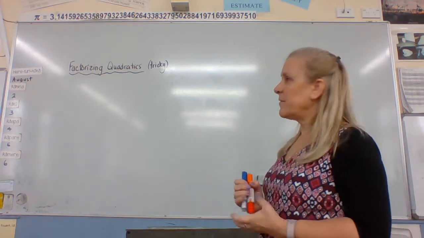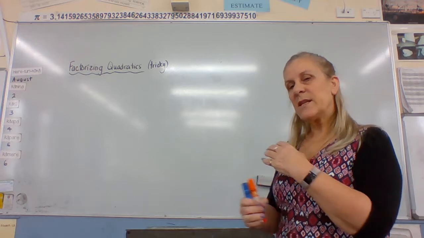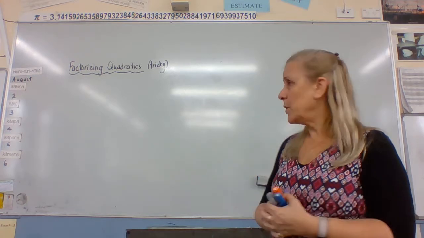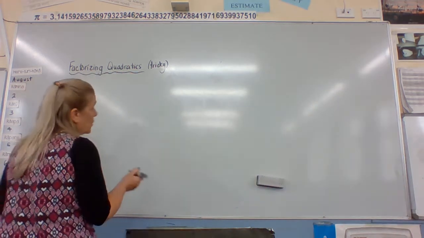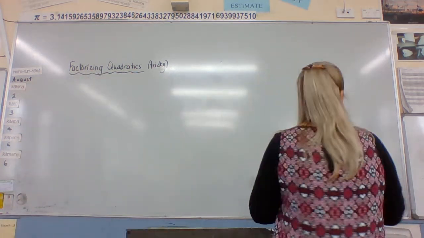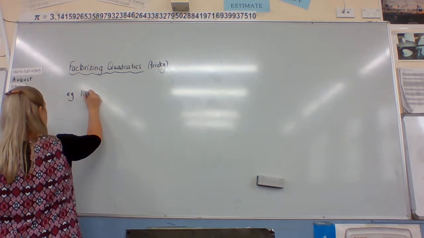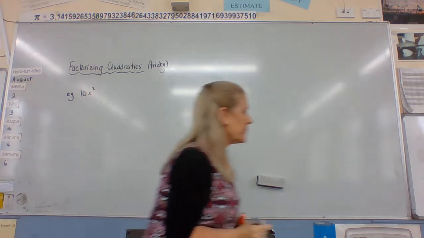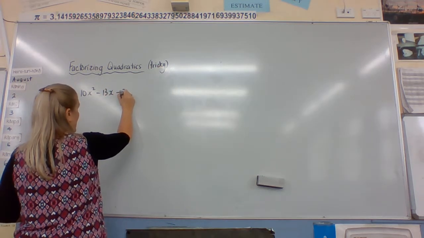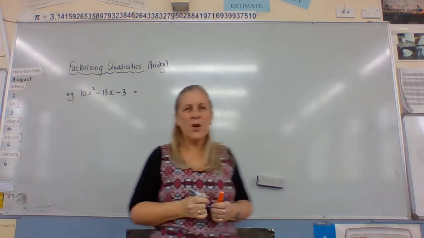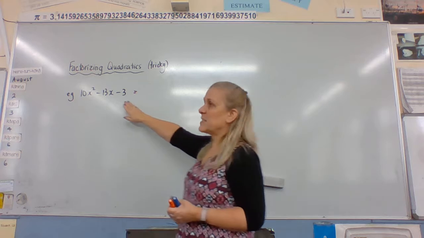So the last look at factorising quadratics, I call tricky ones. They're ones that the other rules that we've learned don't work for. So this means that we definitely have a number in front of x squared. Like this. But when we go to try and remove our common factor, there's no number that divides into 13